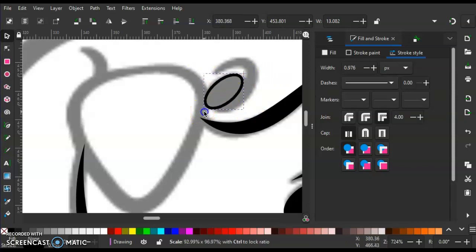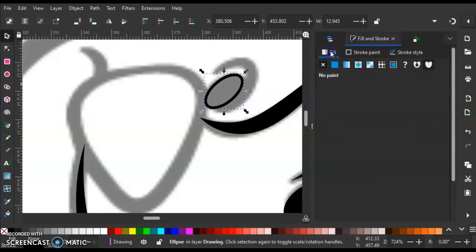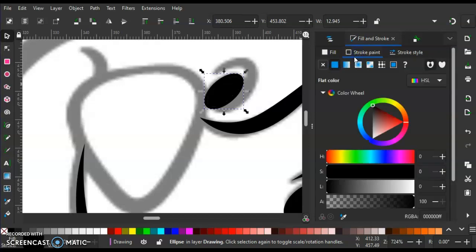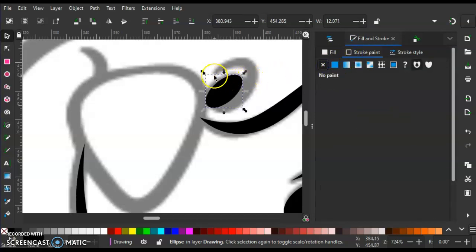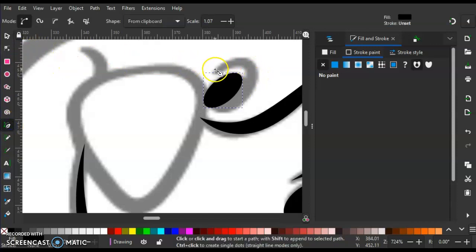It's a lot more difficult to scale while it's... then you go to fill and stroke, go to fill, give it a fill, which is this blue square, go to stroke, and get rid of the stroke. You want to always get rid of the stroke because it interferes with the pointy ends. I'll show you. So let's say I'm drawing this